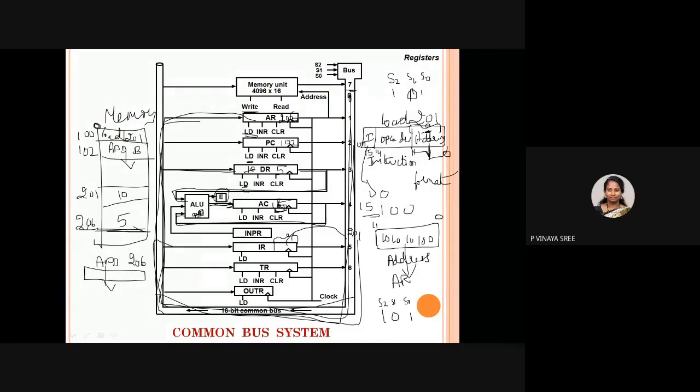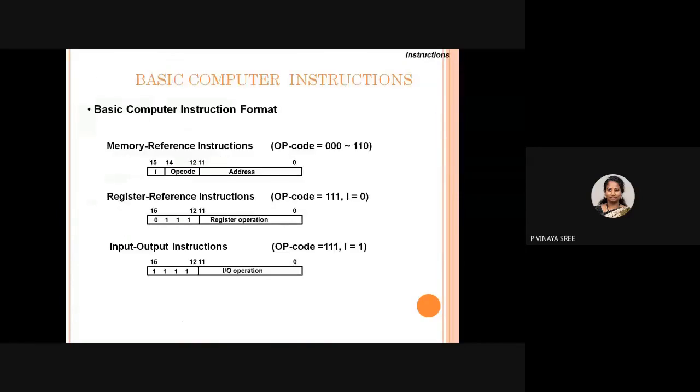And the output register also has only a load, which is used for storing the output result, and from this output register it goes to the output monitor. This is a common bus system. So now let me go for